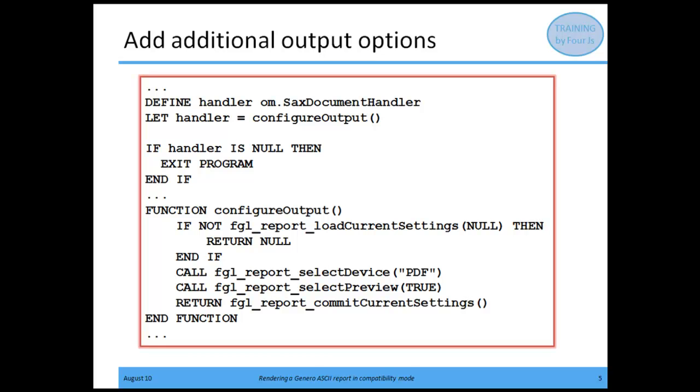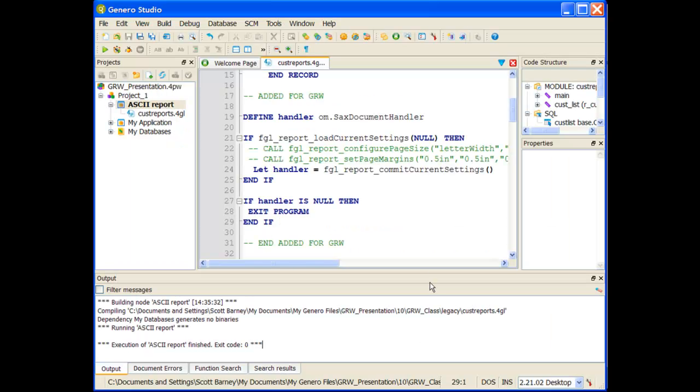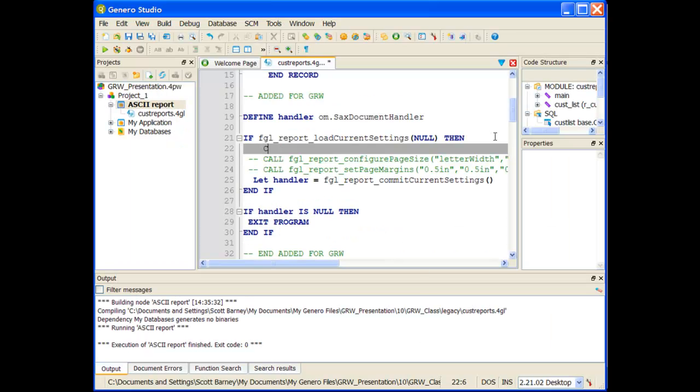Now, just as we had in earlier modules, wherever we have a load current setting and then a commit current setting, between those two functions I'm allowed to call my FGL report select device and my FGL report select preview. Just because I'm not using a 4RP file doesn't mean that I can't also include these. So if I want to output to PDF and preview first, I would just add those to my application. So if I go back into Studio, I can call my FGL report